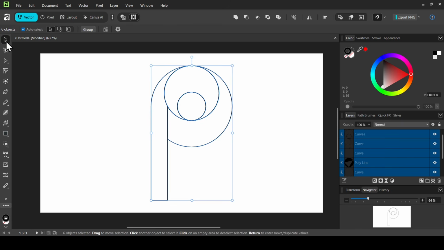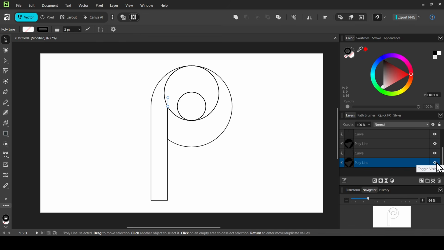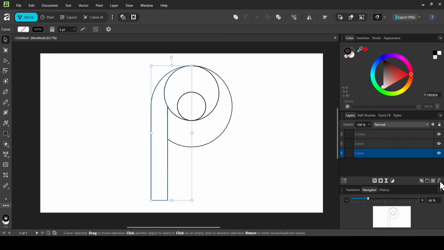And now let's select the move tool. I'm going to left click outside. So now as you can see, there are many layers here and we need to clean up a little bit. So I'm going to select this one. I'm just going to click on this icon to hide. So now it doesn't do anything. I'm going to left click on this icon here to remove this layer and then select this one here. So you just need to check if it does anything. So no. I'm going to delete it, and for this one it doesn't do anything. I'm going to delete it. So now we have 3 layers, this one,